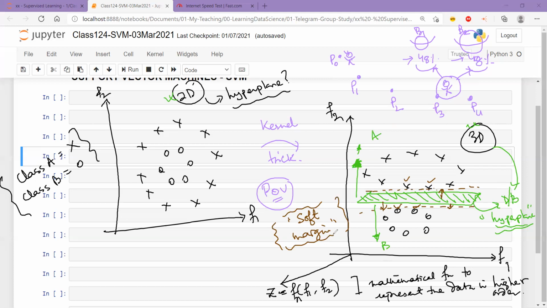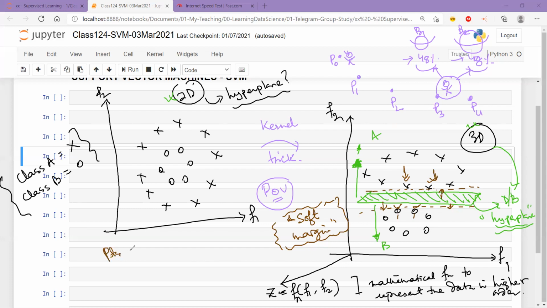It is like negotiating the price of an item. I've already said that it is okay. I can live with the cases where the margin is soft and I have no problems with that, so it's not going to be a problem. But what about these points which are very, very close? These points are actually going to be my friends.